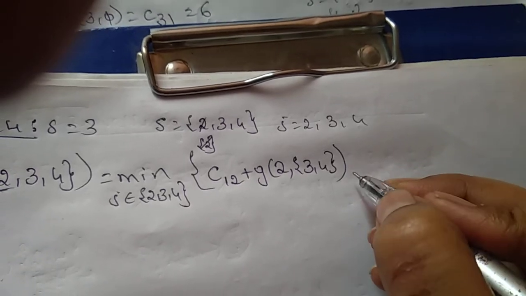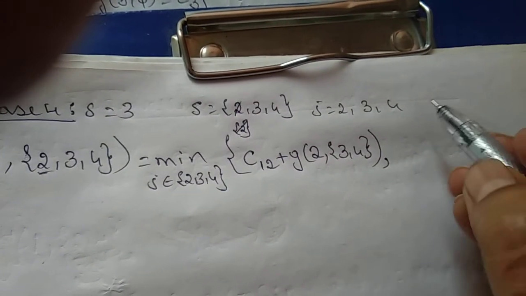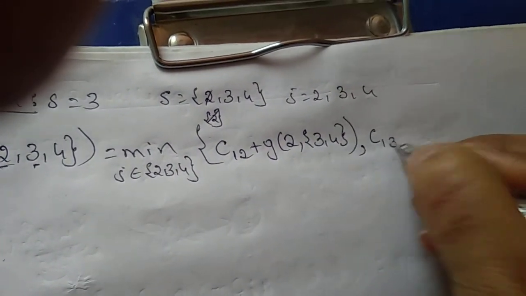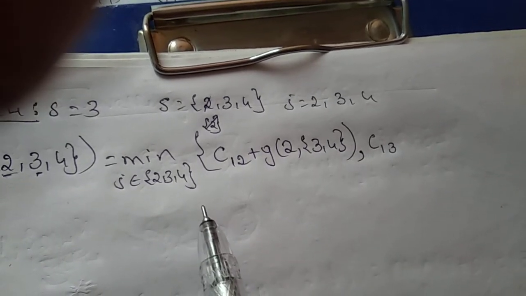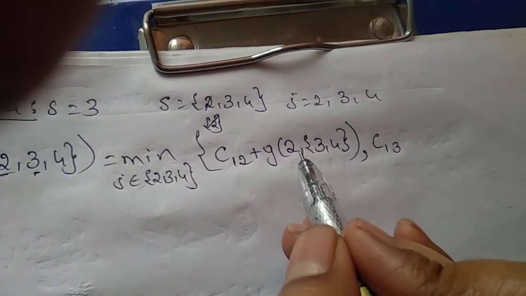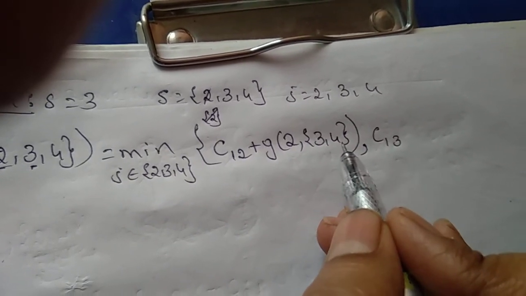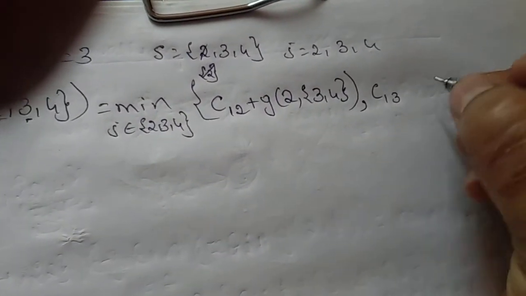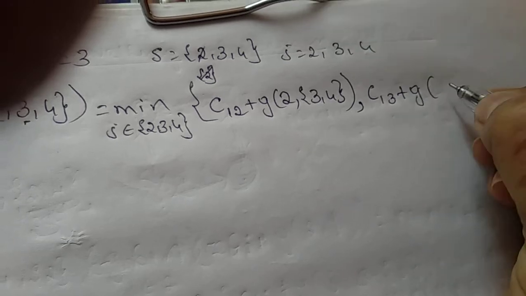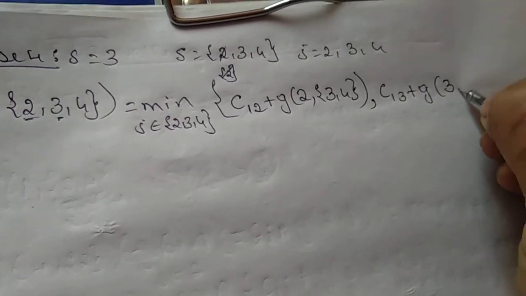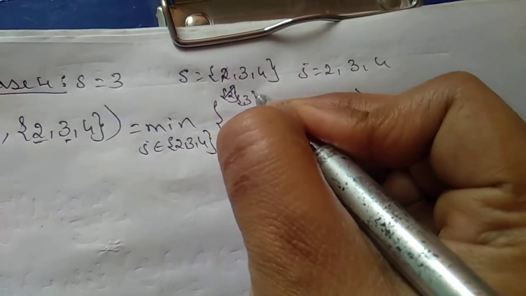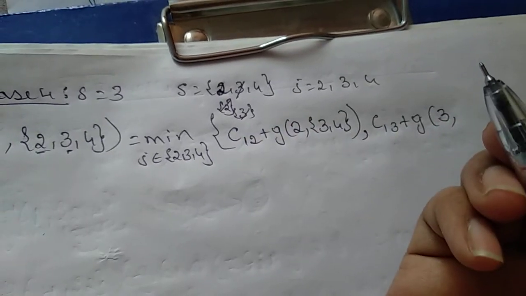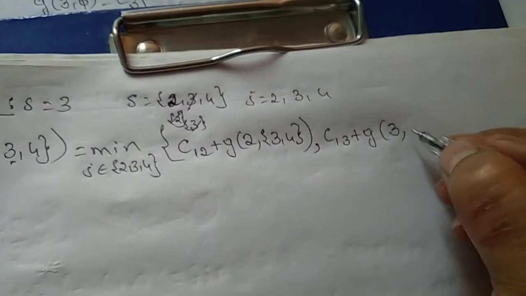Okay. Now I'll consider J value as 3. C 1 to 3, what is the meaning of this? From 1 to 2 it will go. From 2 it can either go to 3 or to 4. Okay, from 1 to 3 it is going. Then after this one, where it will go, we have to decide. G of what is J value? J value is 3. If J value is 3 here, what will happen? Your 2 will be as it is. 3 and 3 will get cancelled because S minus J. So 2 and 4 will be remaining.